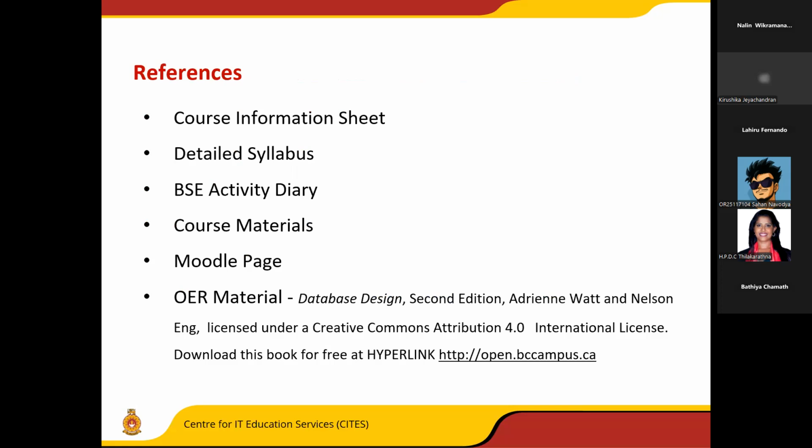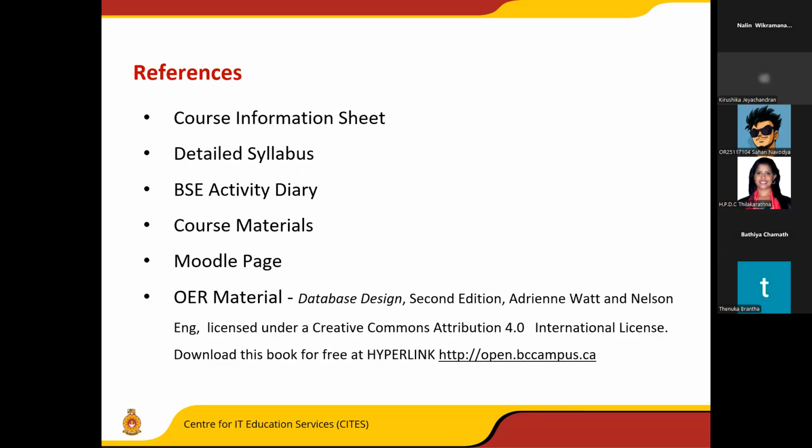And for the references, of course, in the OpenLearn LMS you also have the information sheet and the detailed syllabus sheet. The activity diary will be provided in the learner support as well. And course material, of course, you can have as printed material, and some of the sessions will be given in the LMS as well. And for the Moodle page, you can have the LMS access, and for the OER material you can refer to this one. So once we check the LMS,